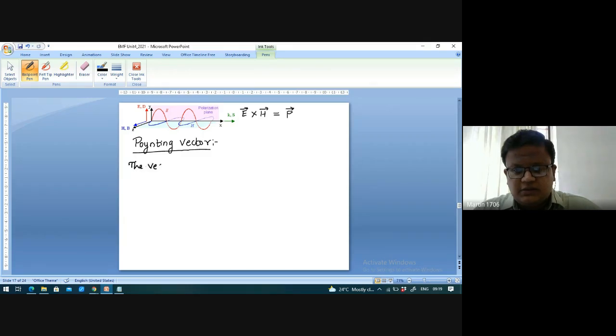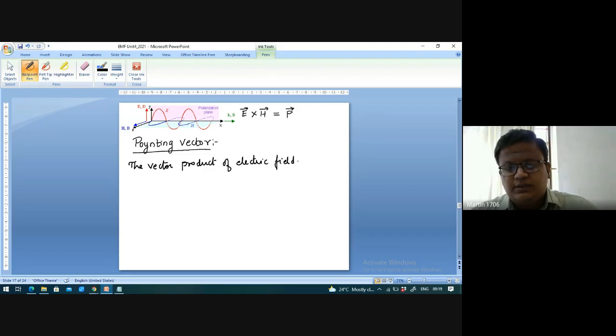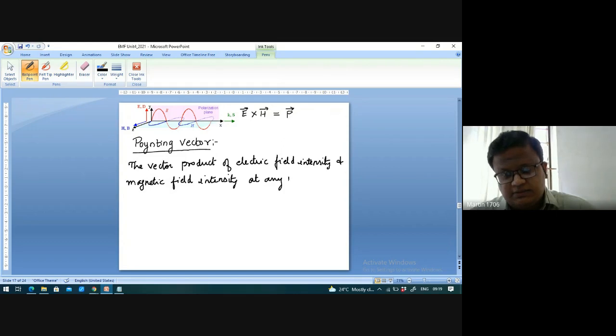The vector product of electric field intensity and the magnetic field intensity, the electric field intensity is denoted by the symbol E, you already know, and the magnetic field intensity also denoted by the symbol H, at any point, meaning in free space only, at any point is a measure of